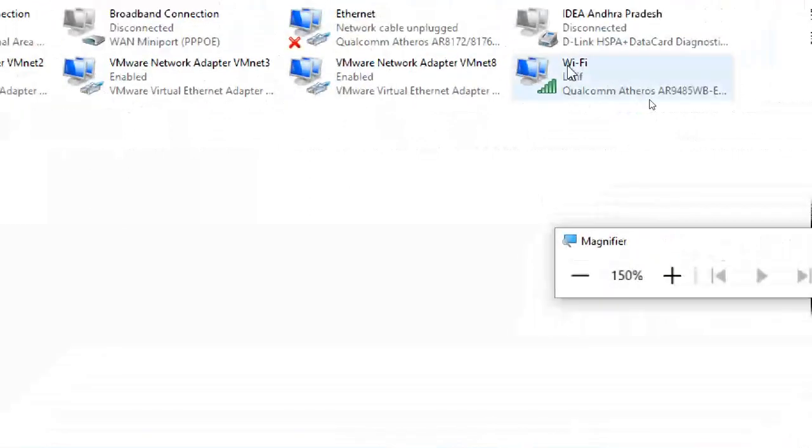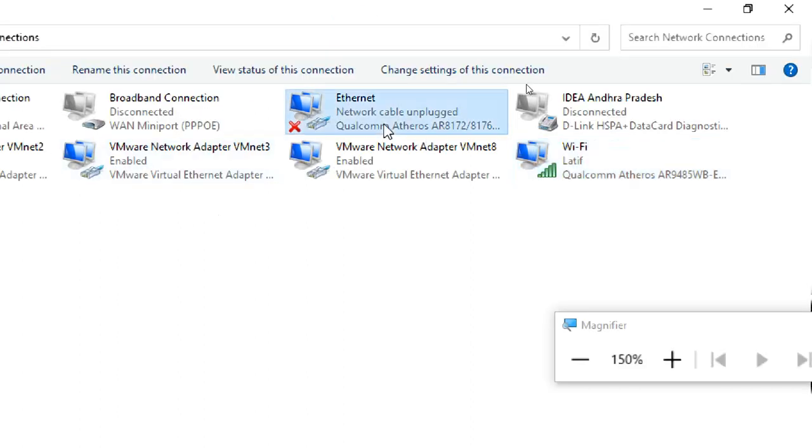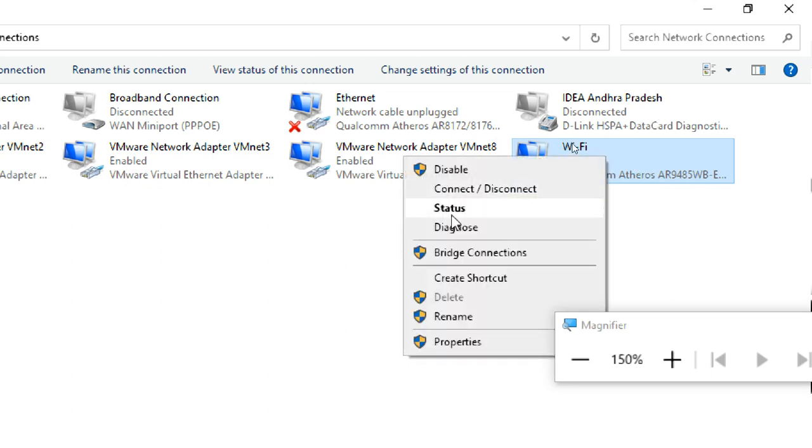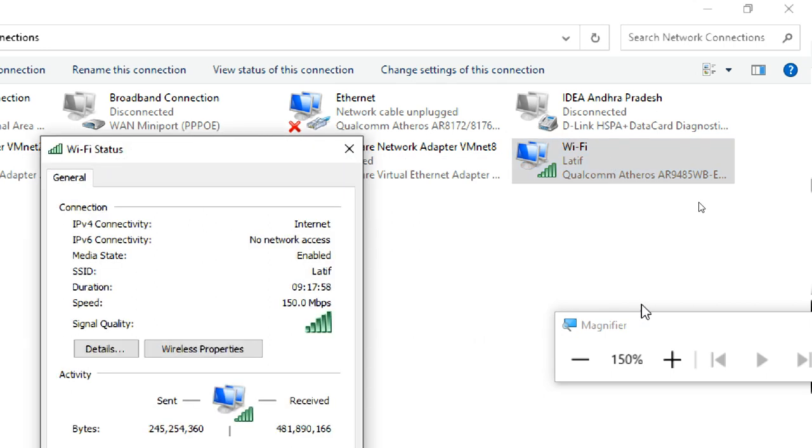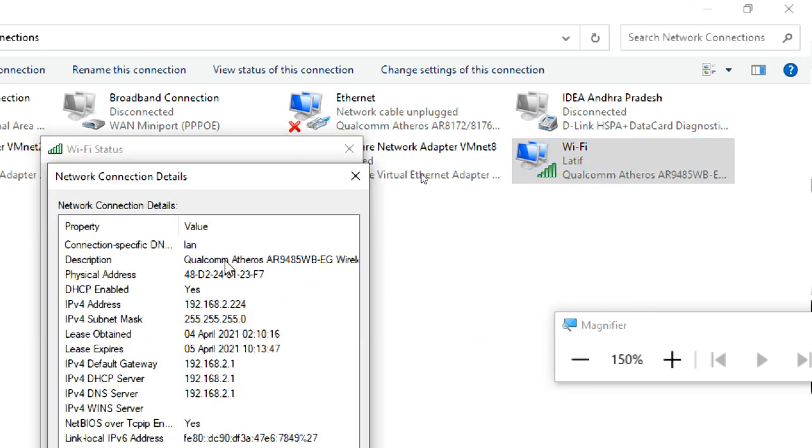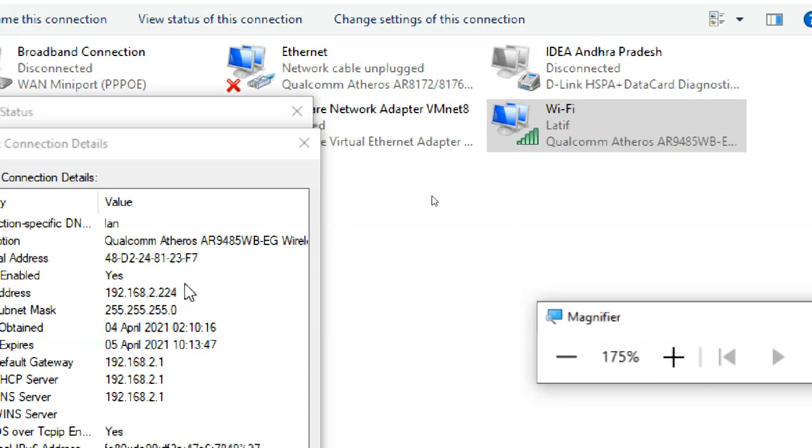Okay, you can see my Wi-Fi adapter. This is actually connected externally, right? All the others are not connected. This is not connected, the wired connection is not connected, but I use Wi-Fi. I'm connected to the network, and network access is through this one only. So right click, go to status. I go to my Wi-Fi, right click, go to status, details. Can you see the name here?